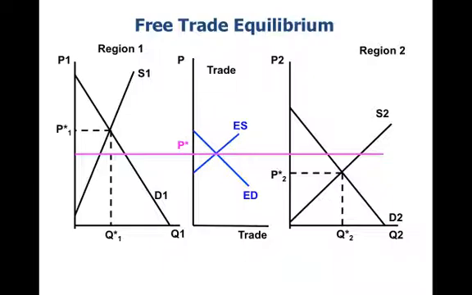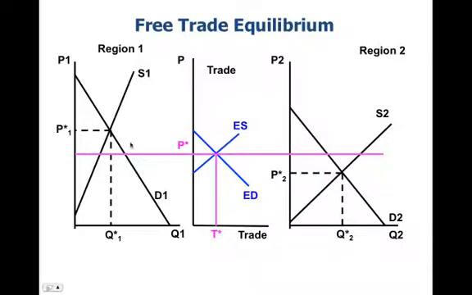Now we can do a lot more with this model than just try to figure out what the equilibrium price is going to be. So we know, for instance, that where excess supply equals excess demand at price P star, there's going to be some volume of trade. And that's going to be denoted by T star. So what this says is the market is going to clear at price P star, there will be a volume of trade T star. And that volume of trade will actually reflect what's being exported from region 2 over to region 1.